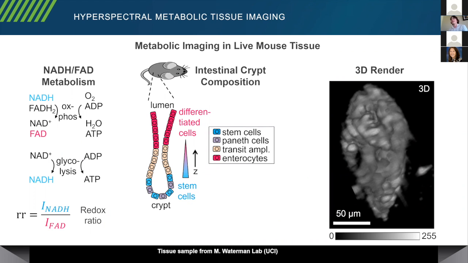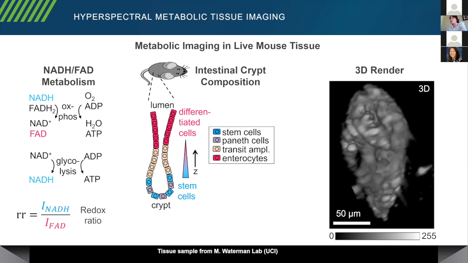Finally, one application in live mouse tissue, ex vivo intestinal crypts. Here we didn't use any labeling at all, but instead we relied on the intrinsic fluorescence of the metabolites NADH and FAD. Depending on the kind of metabolism that the system is undergoing, which could be oxidative phosphorylation, for example, or glycolysis, the ratio of NADH to FAD will change. So you can define this as the optical redox ratio, the intensity of NADH over the intensity of FAD,